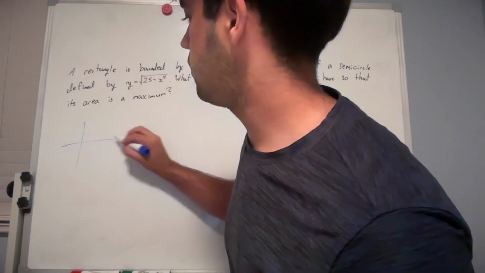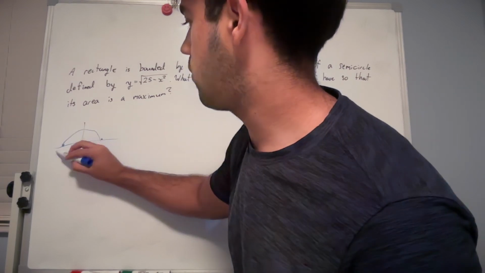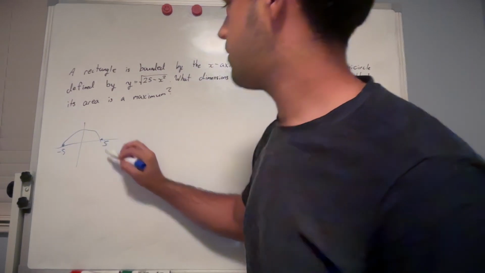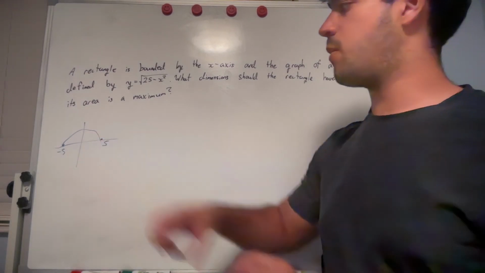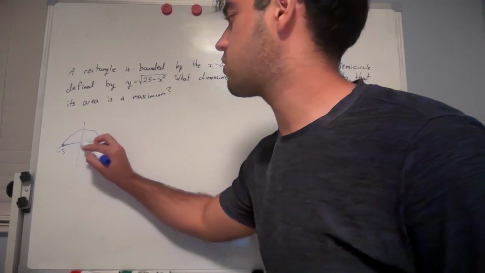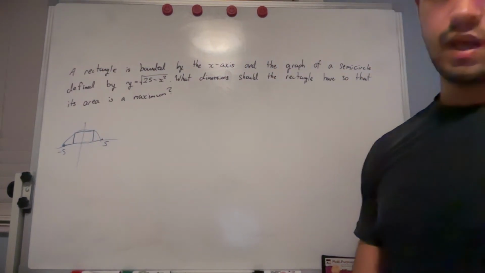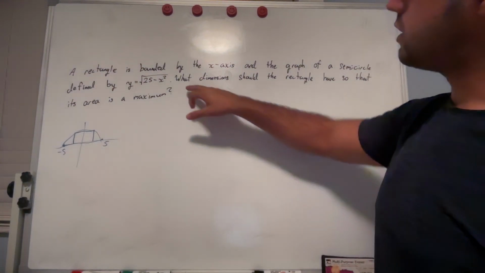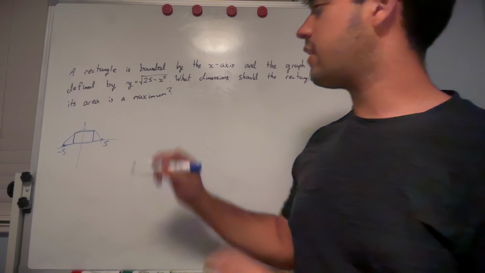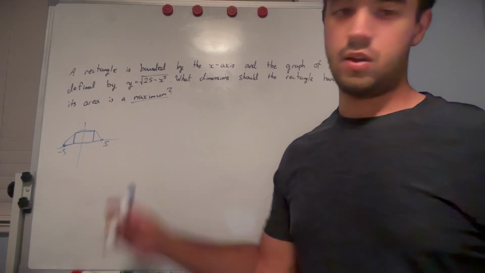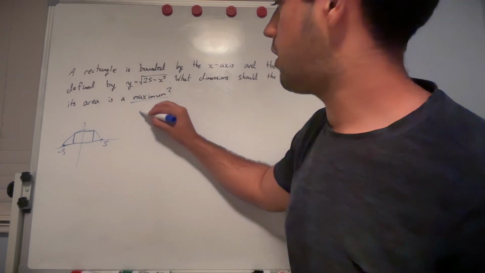Which means that on this graph here, we're going to have the semicircle going like this from -5 to 5. And it's a rectangle bounded by that semicircle and this x-axis here. So it's going to be a rectangle going up and like that. And if we continue reading the question, we have what dimensions should the rectangle have so that its area is at a maximum, which tells us that we're going to be optimizing. Now let's set up our system